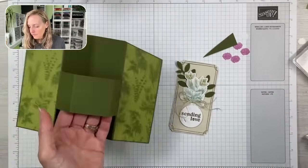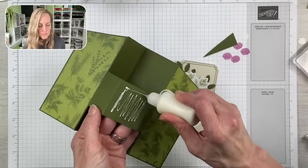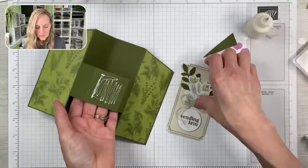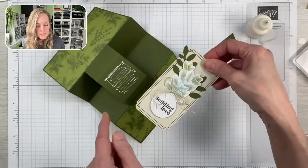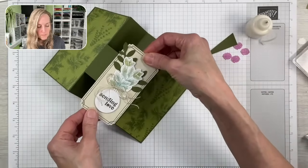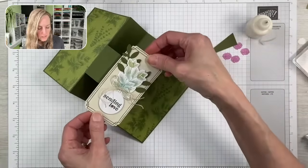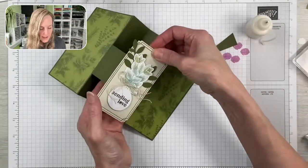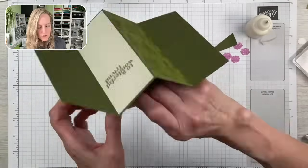Grab our adhesive, and at this point, glue might be the easiest to work with so that you can adjust it. Don't bring it all the way to the edge because if you have to adjust this either way or up and down, you don't want that glue to seep out. So just in the middle, middle-ish, we're going to add that to the center here, making sure it looks centered